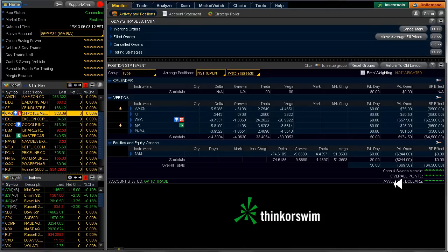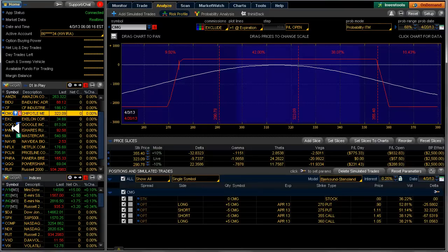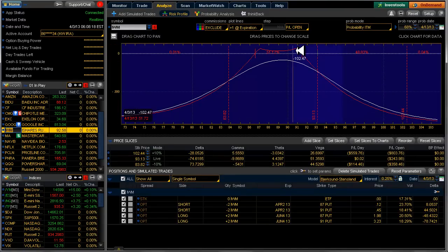In this particular portfolio, we could take a look at that one too. This is our calendar. This is the one that we rolled, and we might be looking at another roll because these are going to expire a week from this Friday. So let's keep an eye on that one. And then last but not least,